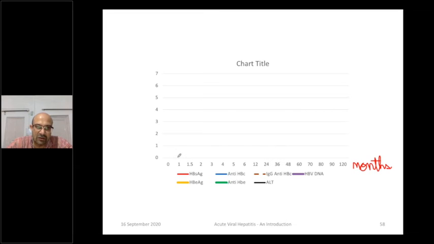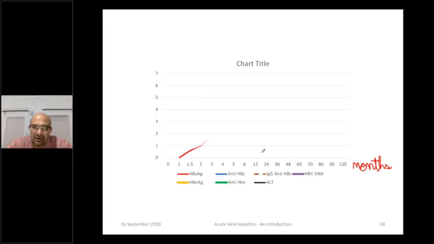So if we talk in months, somewhere here, the hepatitis B surface antigen should become positive, and by the 6th month, it should become negative, and this should be followed by anti-HBs antibodies. Let's see what's happening. HBs antigen becomes positive, but in case of chronic hepatitis B, it does not disappear by the 6th month. It was supposed to have come down here, but it has not come down in the 6th month.